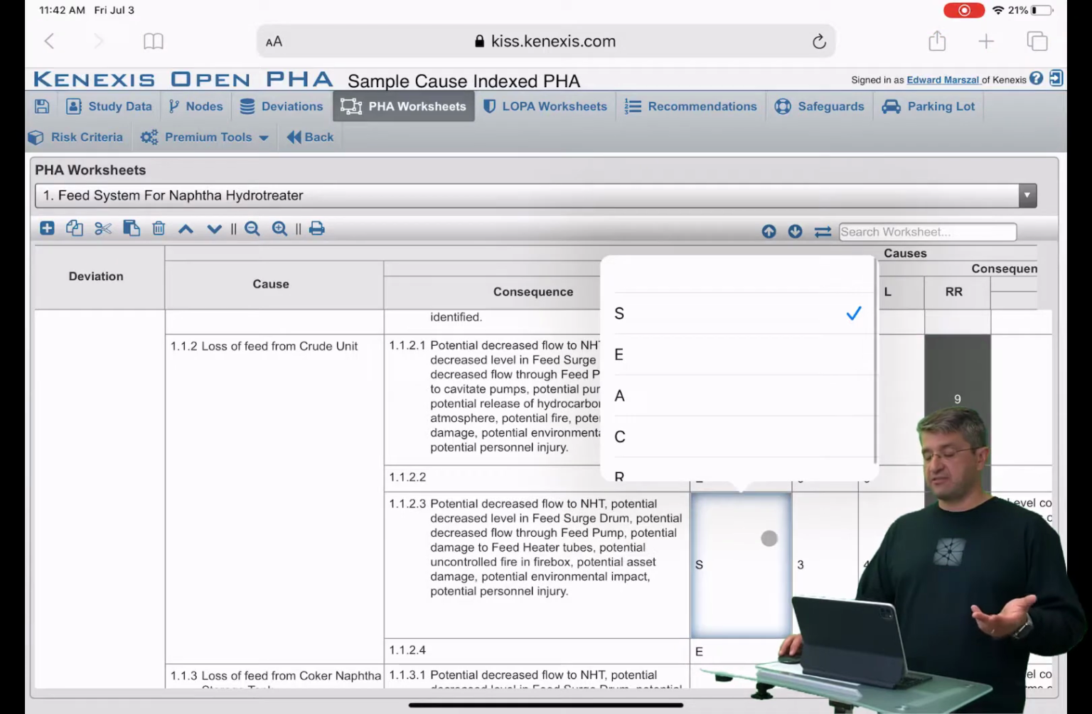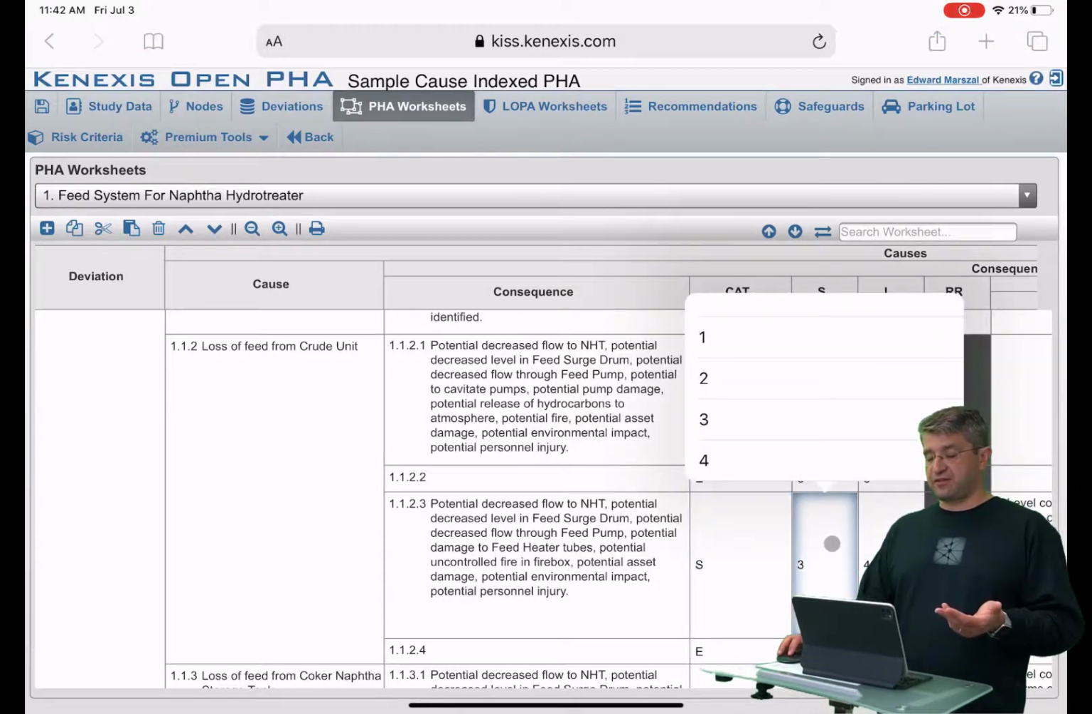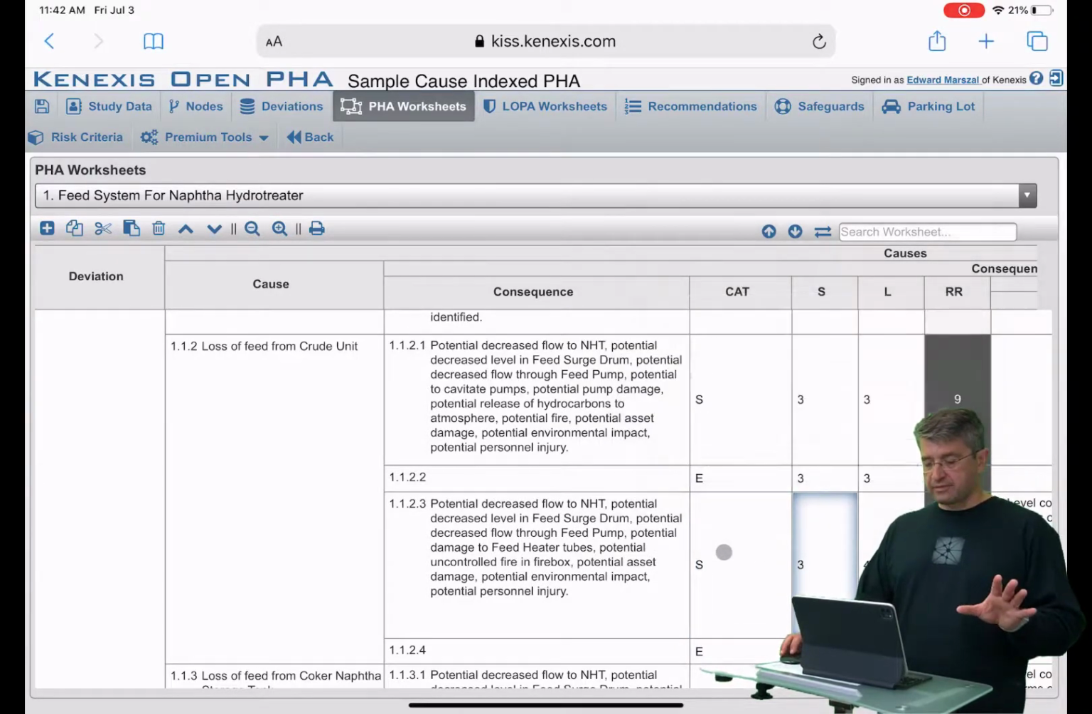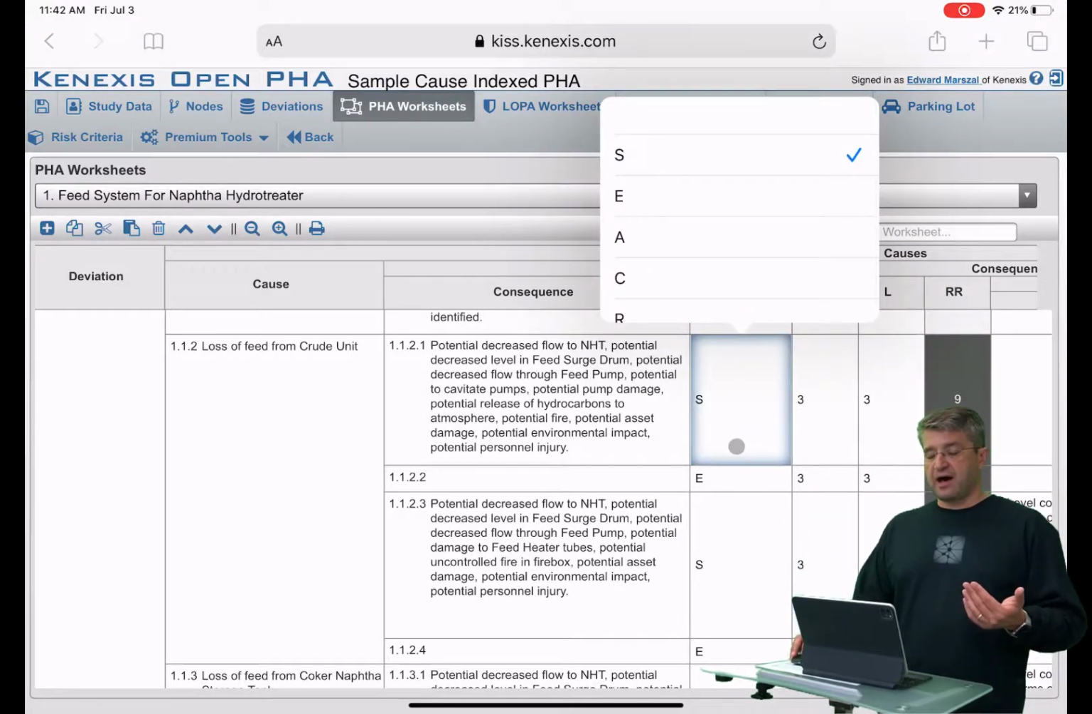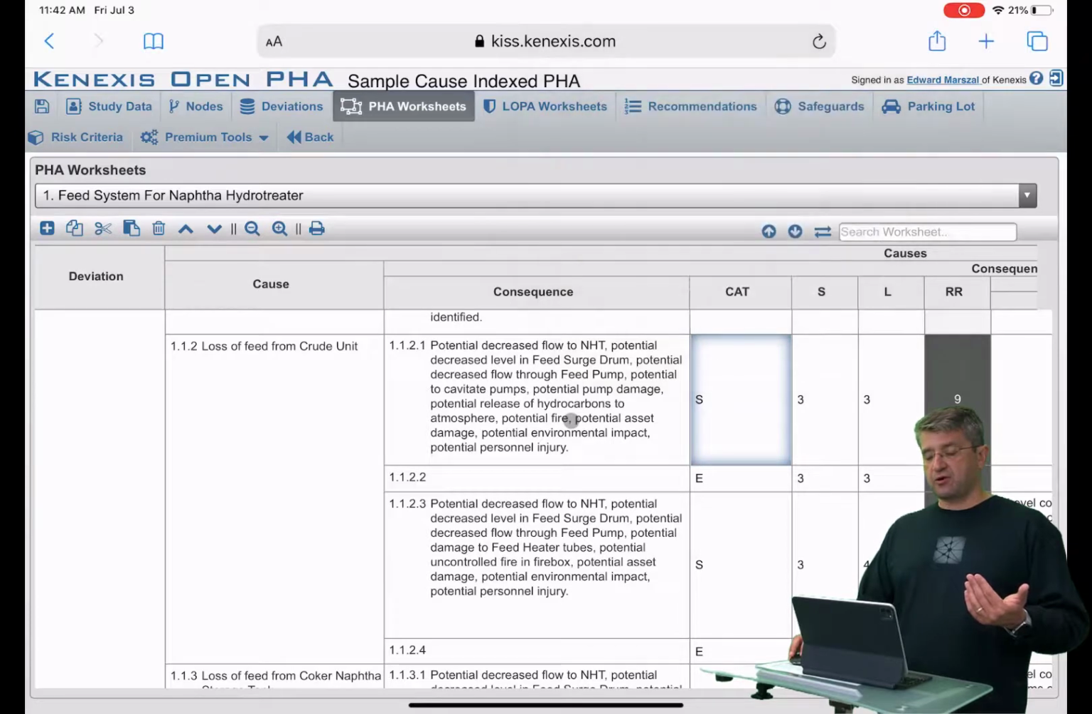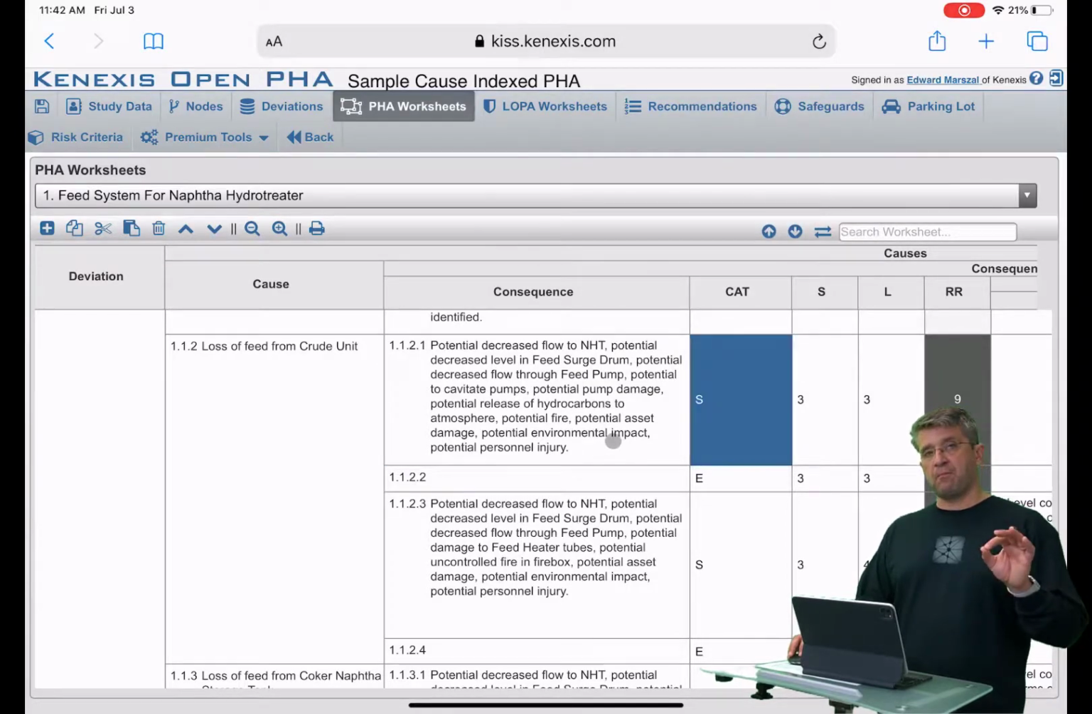And that is going to have its set of safety consequences and risk ranking. And you'll see in this example study that you can also have multiple consequences